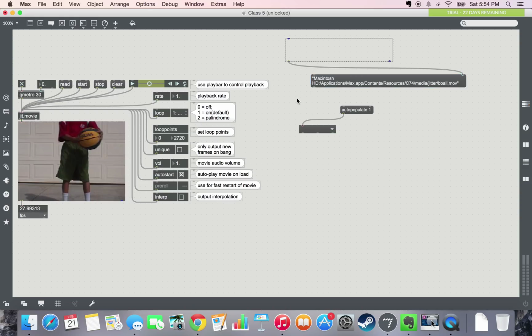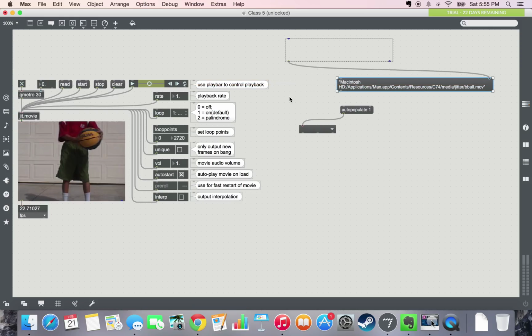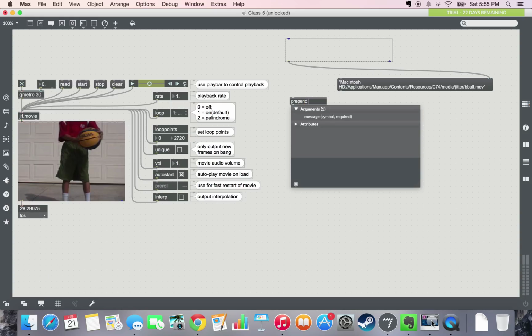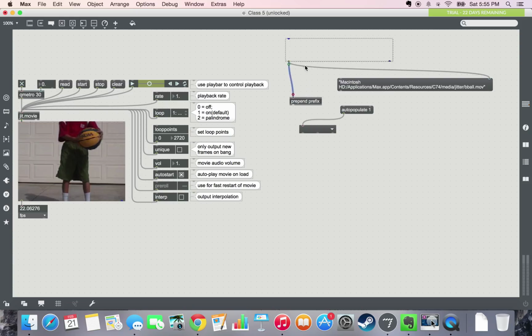So if we want to add a message before a message, we can do that with an object called prepend. Prepend means whatever message is coming into the prepend object, we're going to add the argument before that. So if we prepend the word prefix, send this in here, and then take the output of this prepend prefix